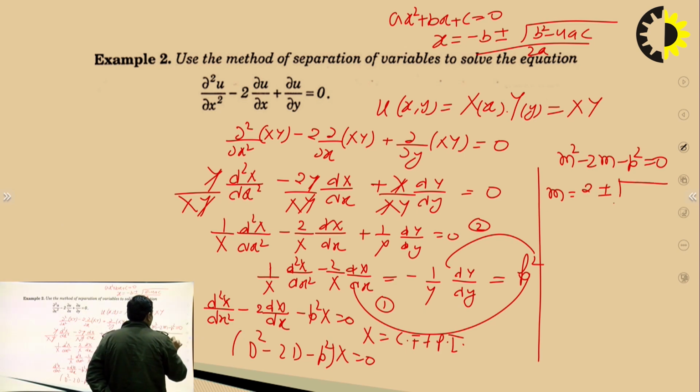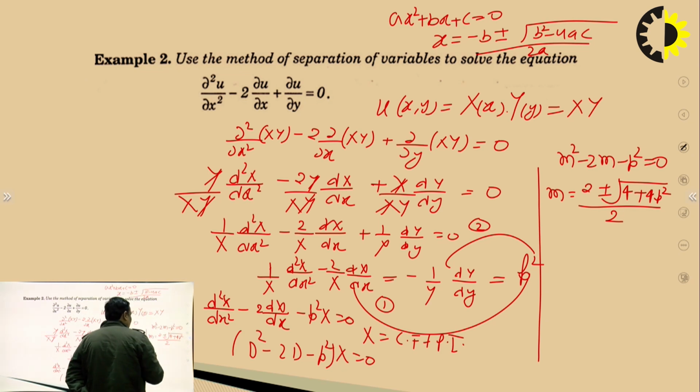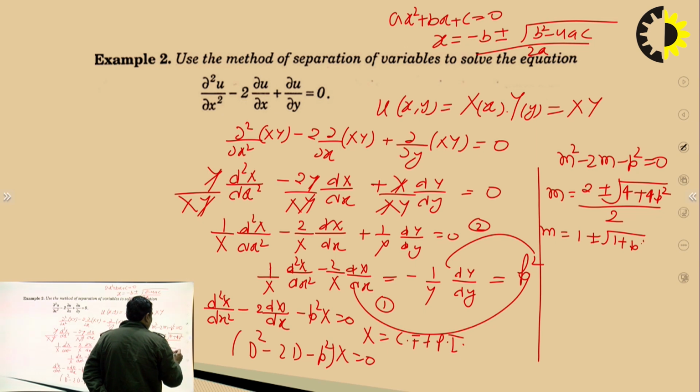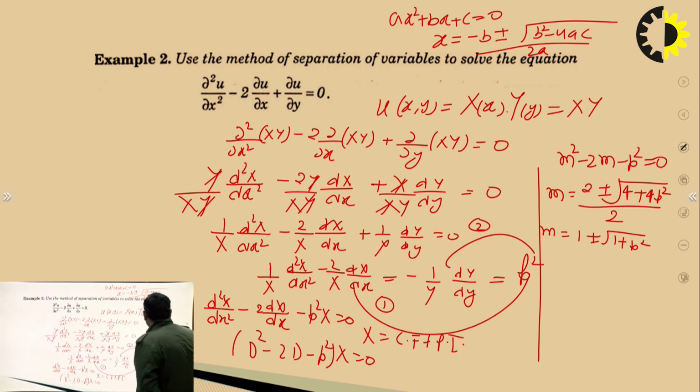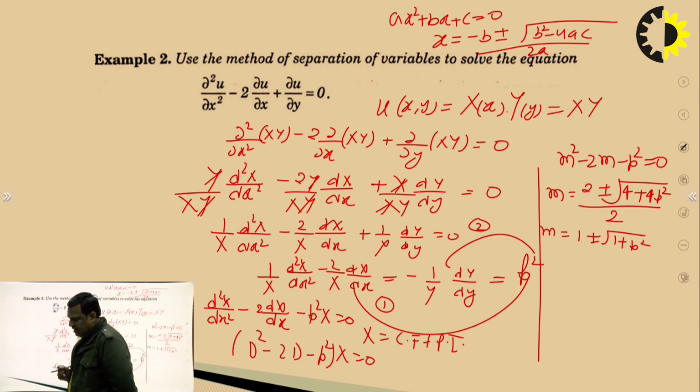So m equals 1 plus minus under root 1 + p². Two distinct roots: m equals 1 plus under root 1 + p² and 1 minus under root 1 + p². That's why